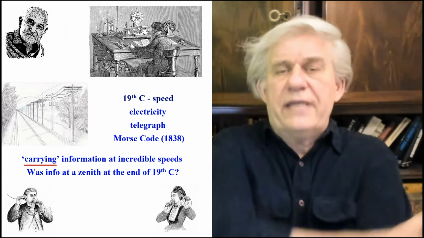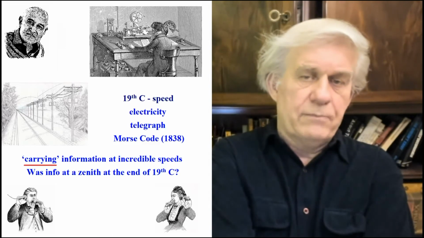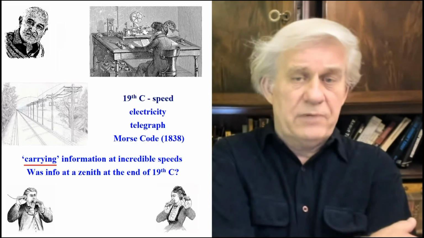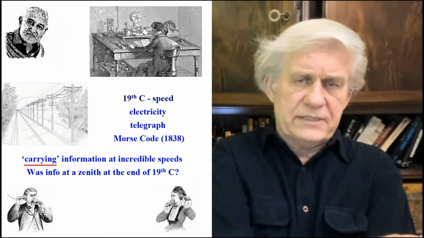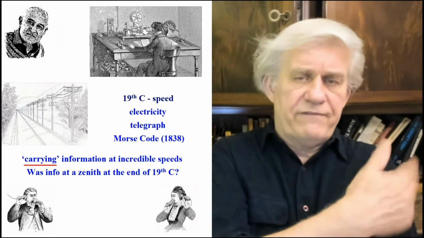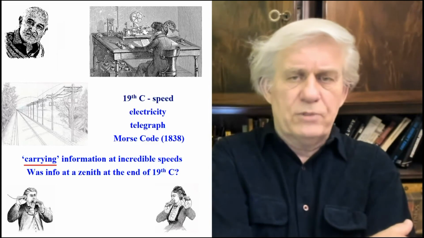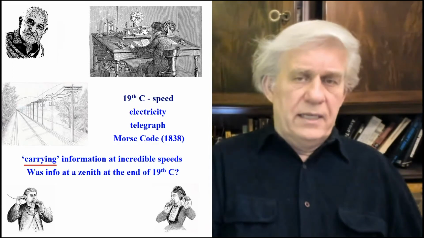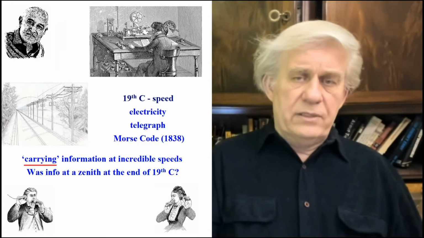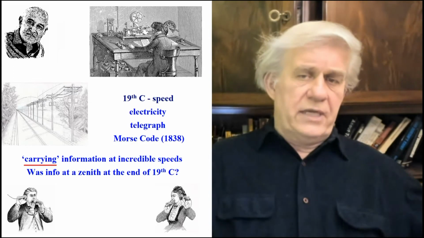And by 1838, you have Samuel Morse. He comes up with the Morse code, which, by the way, is not the same one we use today. It was modified in the 1850s, I think it was, and we have a modified Morse code. But essentially, we call it the Morse code because it's essentially his code, the dit dit dot dot, right? That's what it is. And with that, they made a lot of progress because now they could send things through